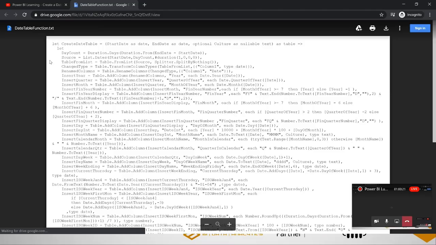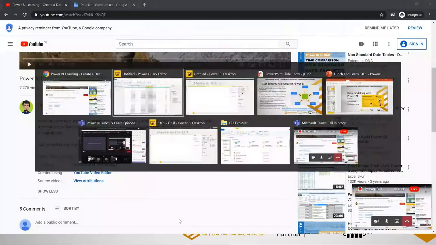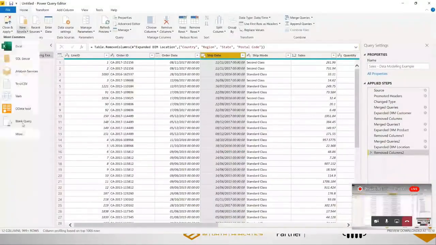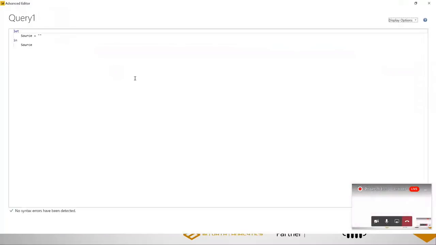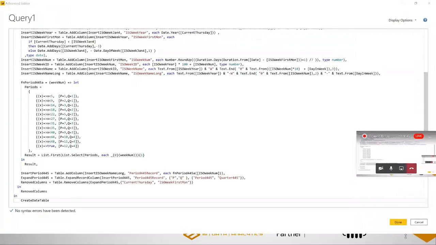Okay, so what this does is open up a function. It tells you in the video how to apply it, and it's literally creating a date table in seconds. So you take a copy of this code. We go back to our query, and we're going to create a new blank query. We're going to go into the advanced editor, paste our stuff in there,